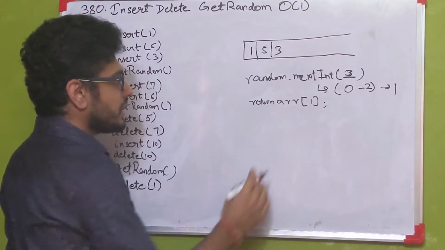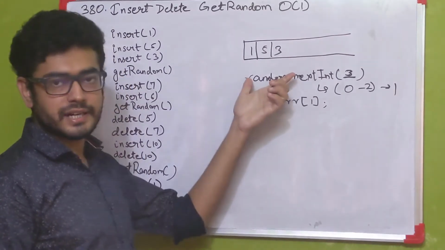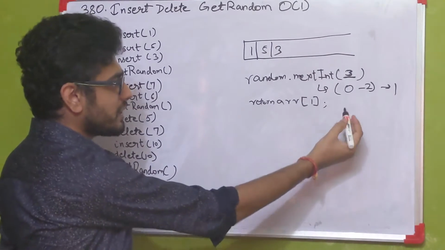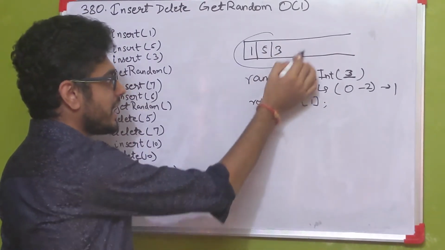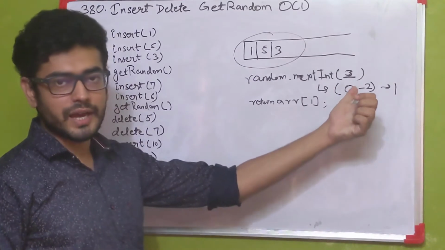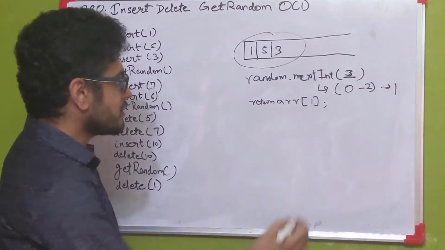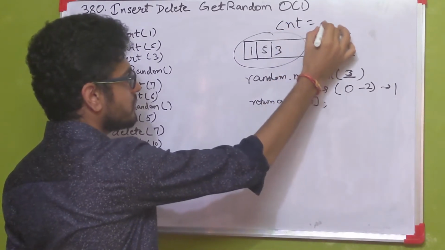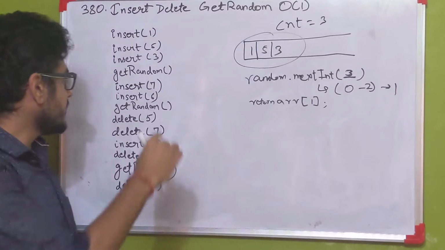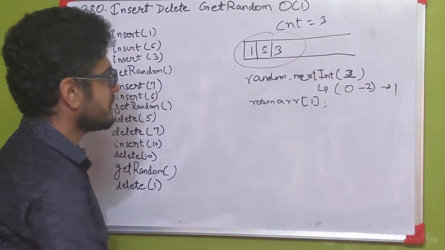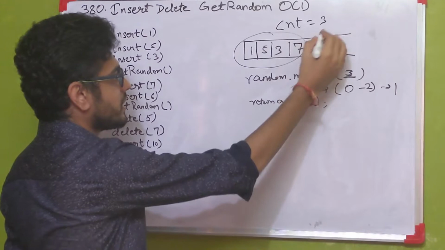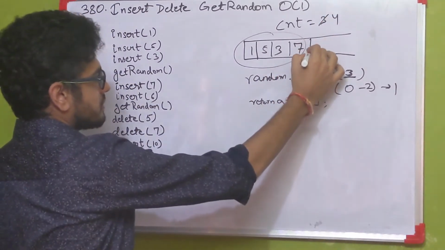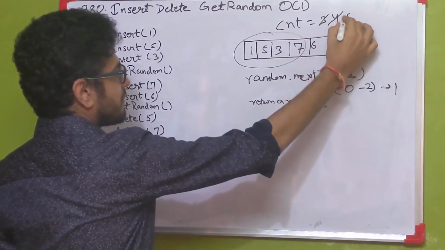So basically this is how we can get a random number from the current set of numbers with an equitable probability. But if we try to see over here, the only thing that we require to get a random number is the current array plus a counter of the number of elements that we have currently in the array. Currently we have 3, so I'm just going to maintain a counter over here. Count is equal to 3. Now the next operation over here is insert 7. So we can insert 7 easily and we are going to increase our counter to 4. Now insert 6. Counter increases to 5.